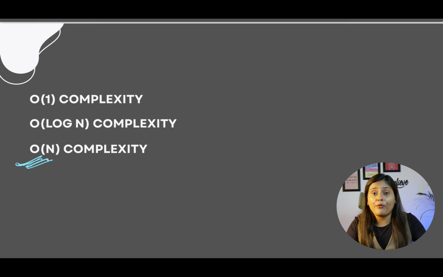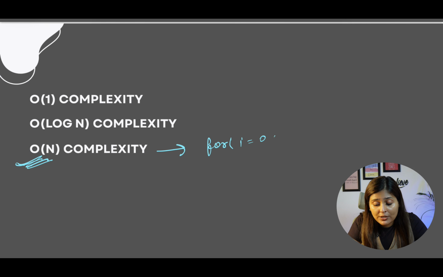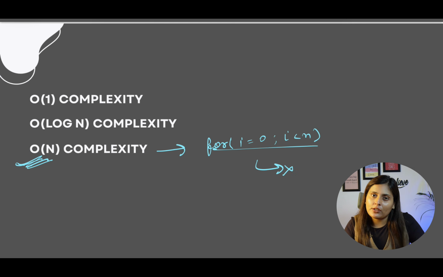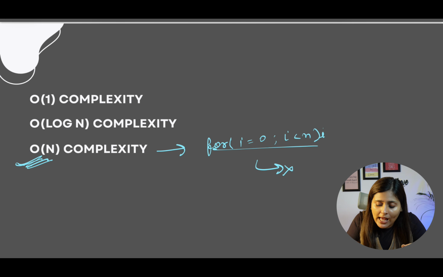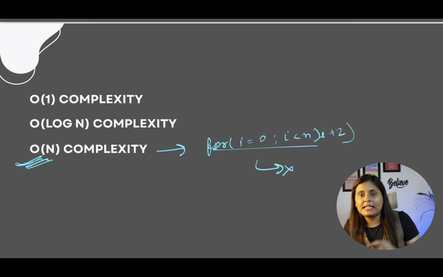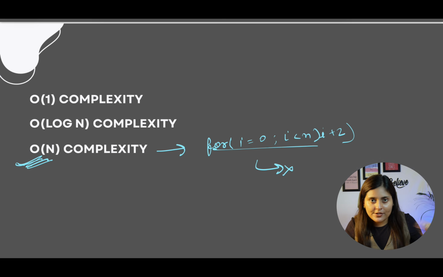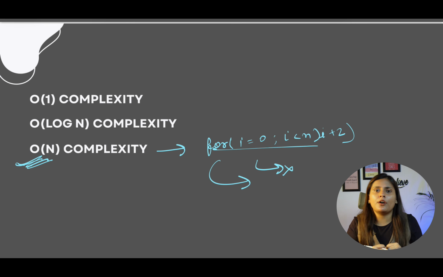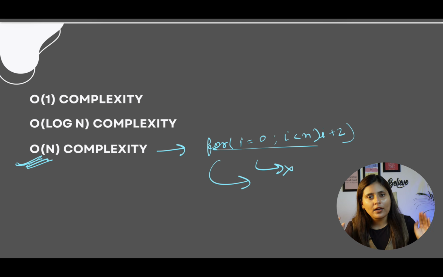Now when do we see O of n? Whenever we have to traverse, or whenever we have to run a for loop from 0 to n without any skip in between, then we can think of n. Or even if we are doing i plus 2 instead of i plus plus, or i plus 3, still this will be called a linear traversal only. Now no matter whether we are doing a search operation here, or inserting something in the array at the end position, this will take O of n.